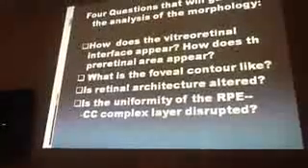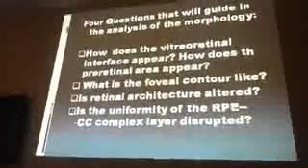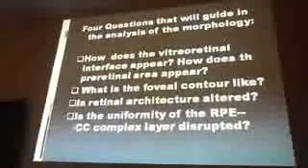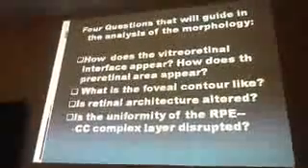You're trying to analyze the macular OCT scan qualitatively. You've checked everything, you understand the retinal anatomy. Everything is okay. The scan is of good quality. Patient details are all right. The scan protocol is right. Now, what am I looking for? How do I go about it? These are the questions that will guide you.